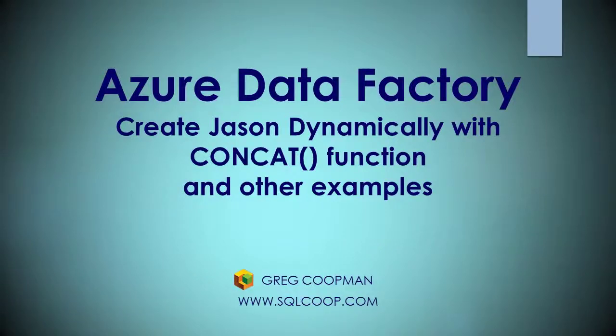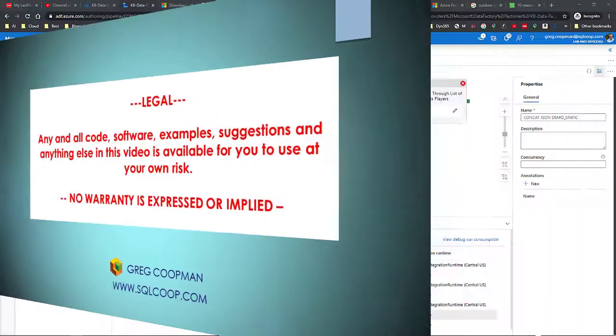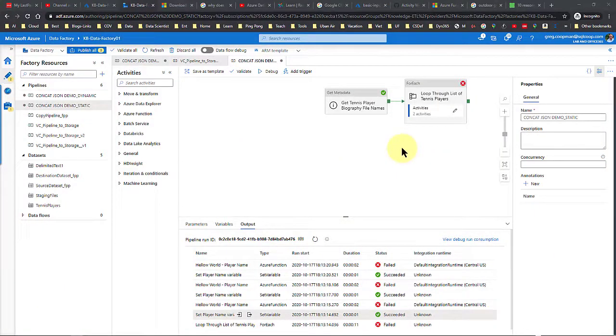Hey everybody, this is Greg Koopman, and today I'm going to show you a video that addresses a problem on creating JSON and sending dynamic JSON to, in this case, a function app. Now, I don't have the function app working properly because the output is giving me an error, but that's not the part of the problem I want to address today, so I'm not going to worry about the red you're seeing on the screen. We're working on the input of a JSON